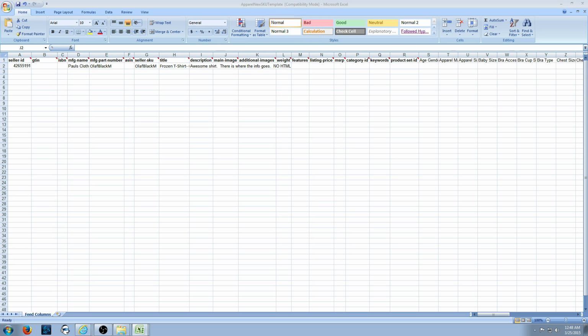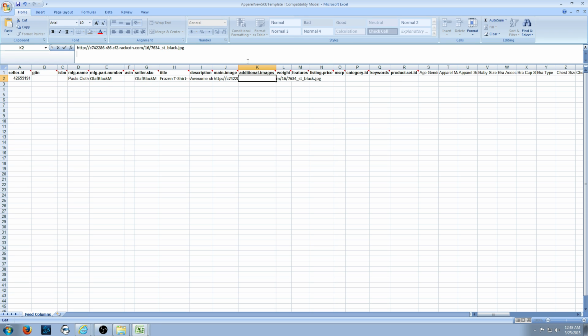Main image. These need to be valid web addresses. They need to be JPEG or .gif images. Other ones will not work. If you have additional images, you can use up to 4, and you would need to separate them with the pipe symbol. So you'd want to highlight the cell, use your URL, and then the pipe